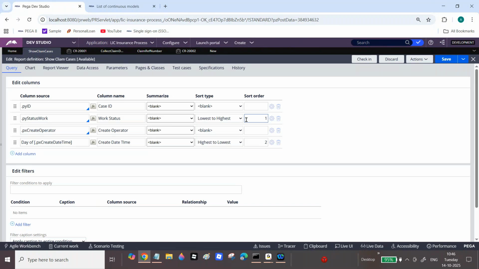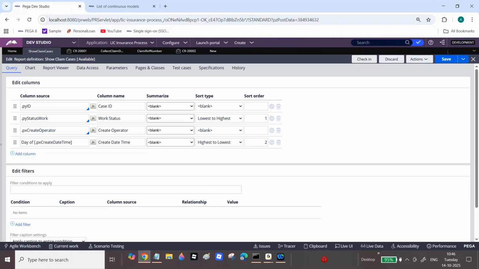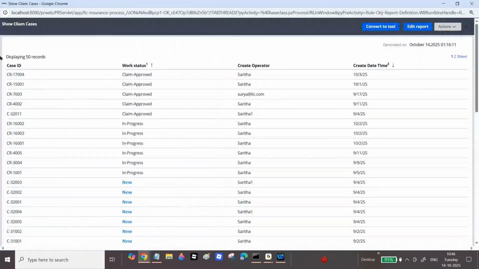Okay, next one. This is the gear icon. Few of the things, just I'm going to highlight this one. We can run this one. Okay, see here label names. This one already people know. Now this one,